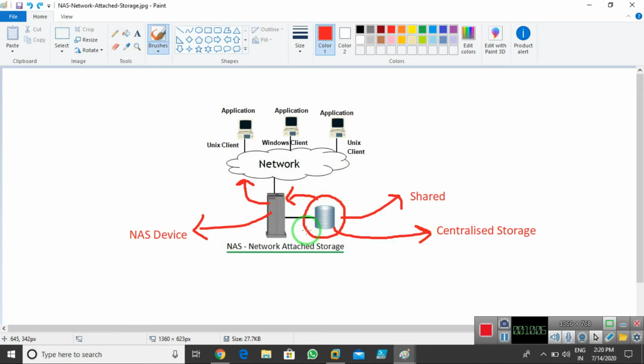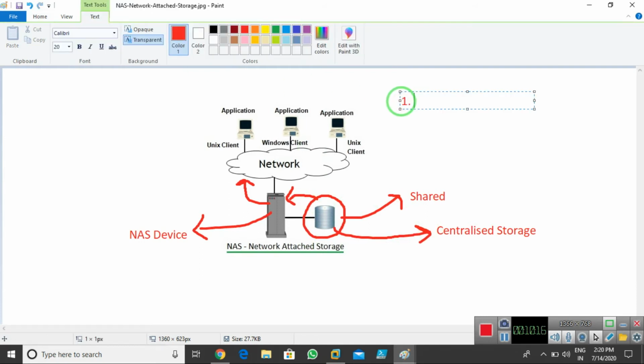So what are the advantages? If you talk about the advantages of NAS, number one, we have a centralized storage over there. These are the advantages. Number one. Number two,